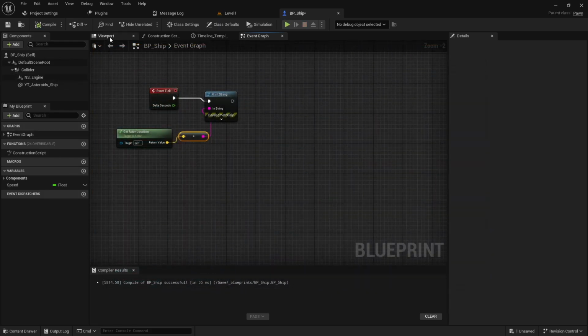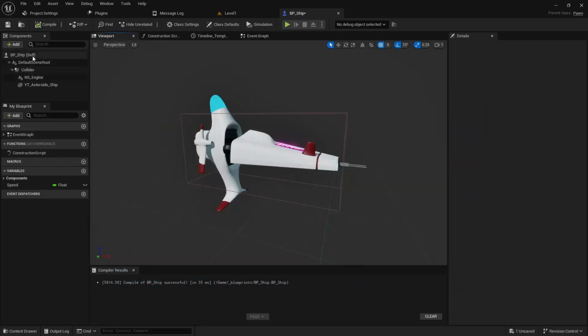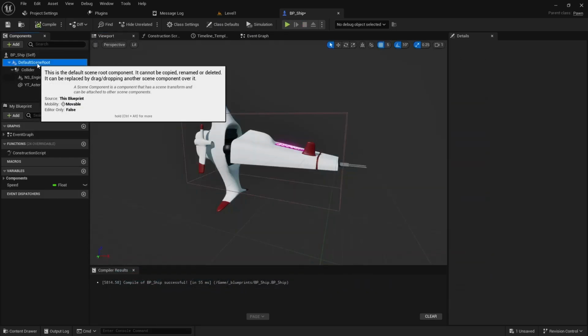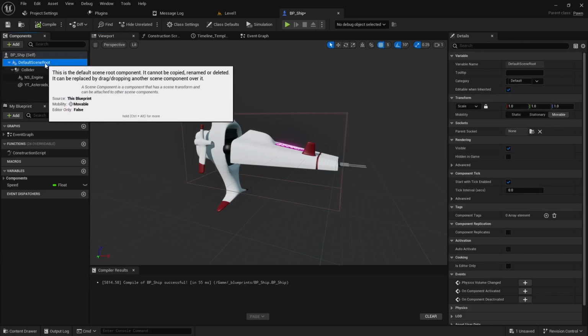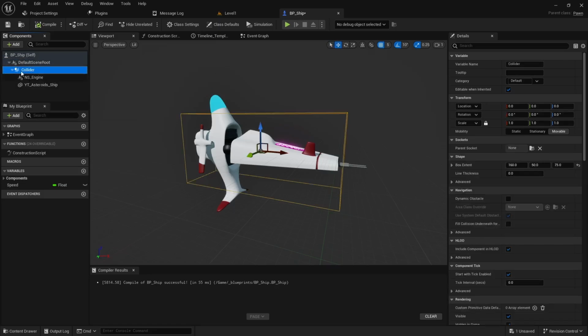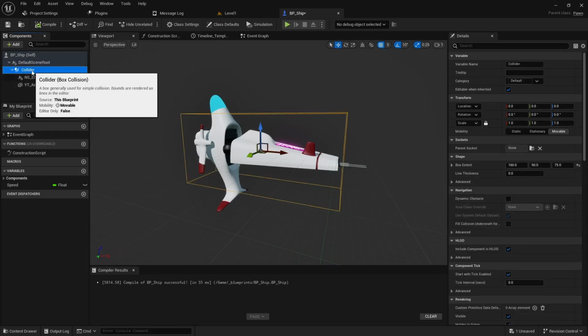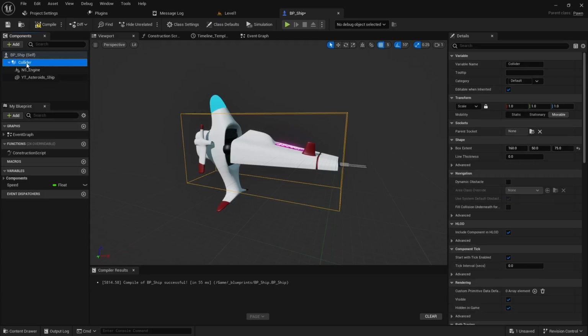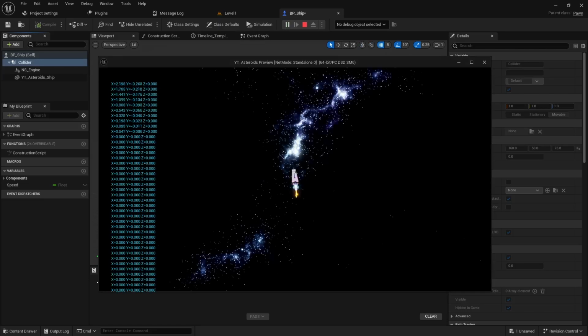Well, that has to do with our components layout. Everything is a child of the default scene, and when we're playing the game, the default scene is at center. It's like this little circle thing. It doesn't move, so that's why it's showing 0. So what you can do to get around it is take whatever parent object you want to use. In this case, it might make sense to use the collider. Just drag that up, replace that default scene root, compile, and now when you play and you move,